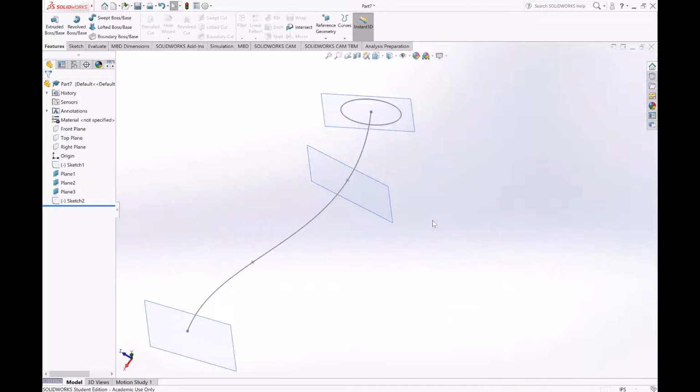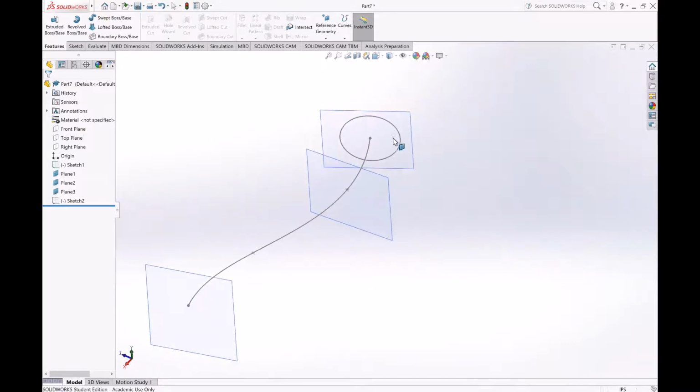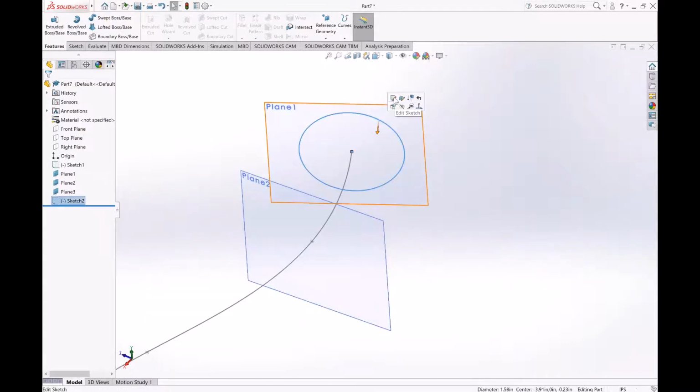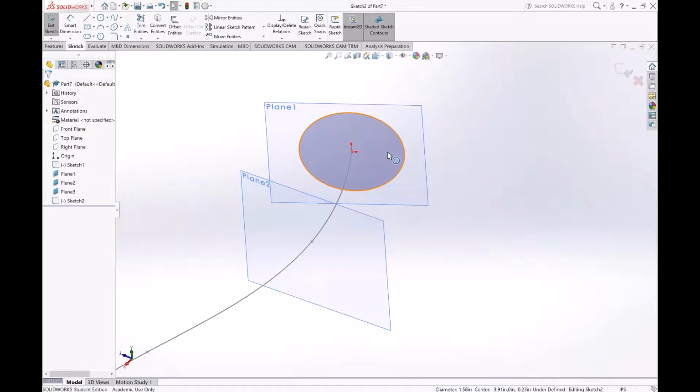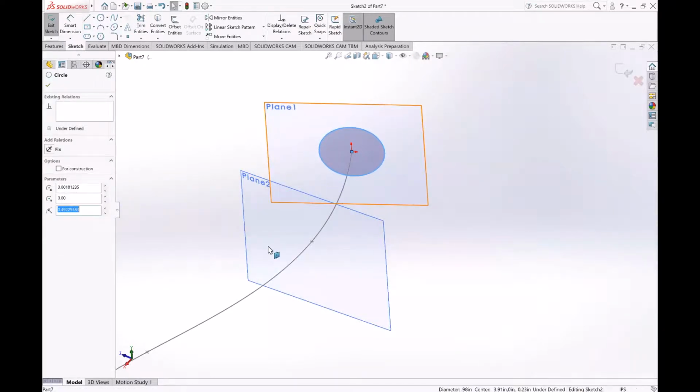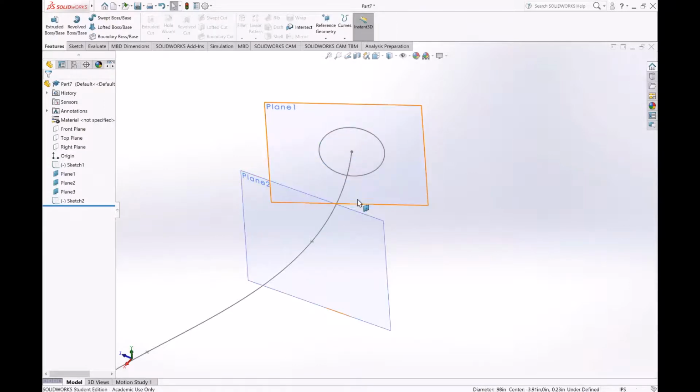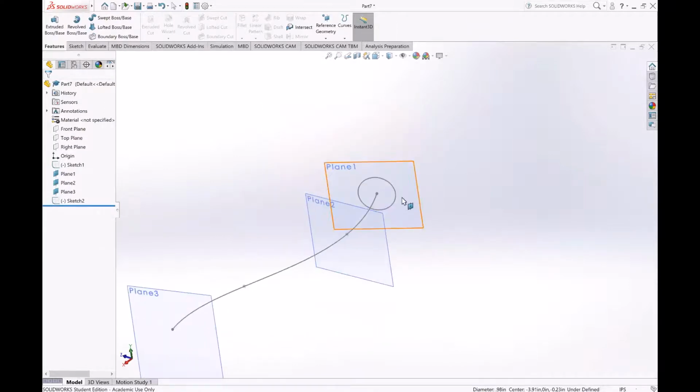Again, same rule applies. Remember, the profile should be smaller than the tightest curve. So this is a little big right now. So I'm just going to go ahead quickly and resize it. I want to have a really nice smooth sweep. If this is too big and I don't have enough room, it's not gonna look good, right? I'm forcing that shape in this tight curve, so I don't want to do that. So on my second one,